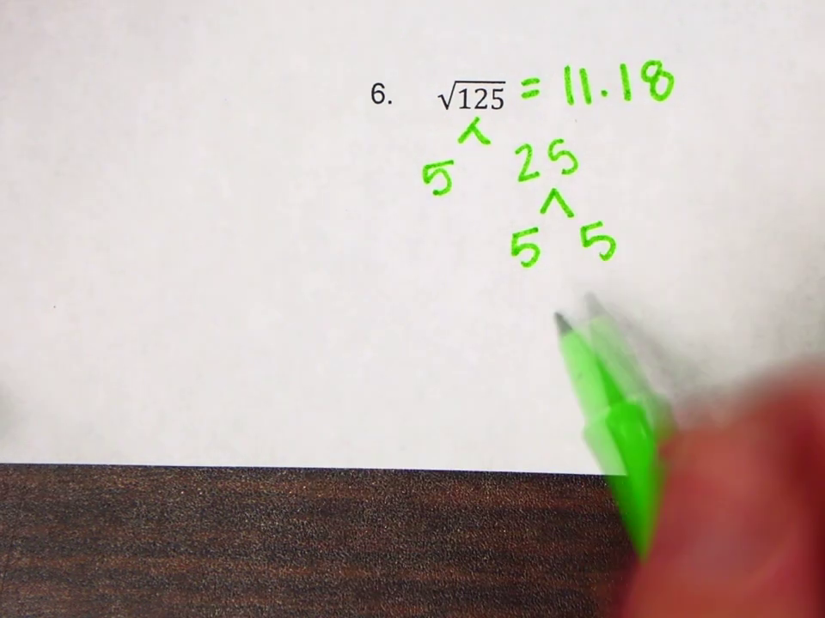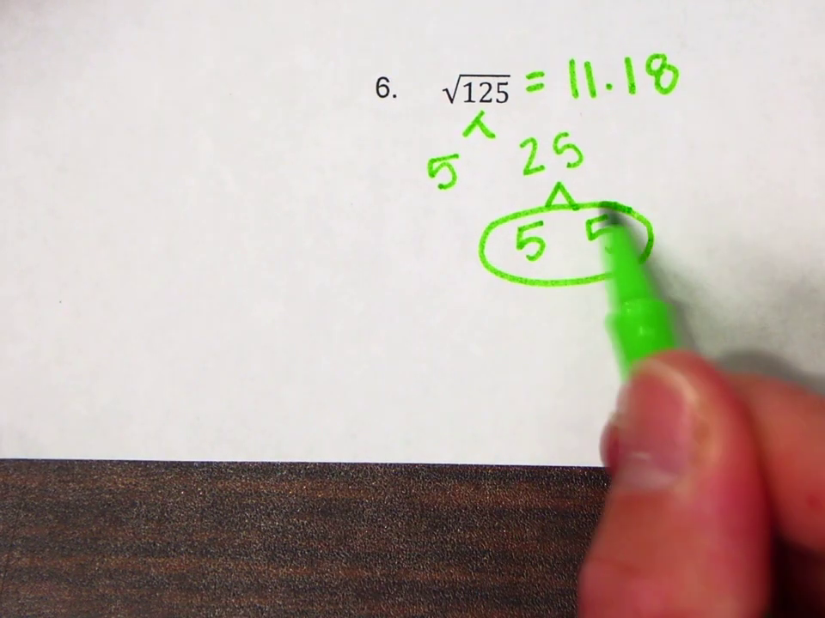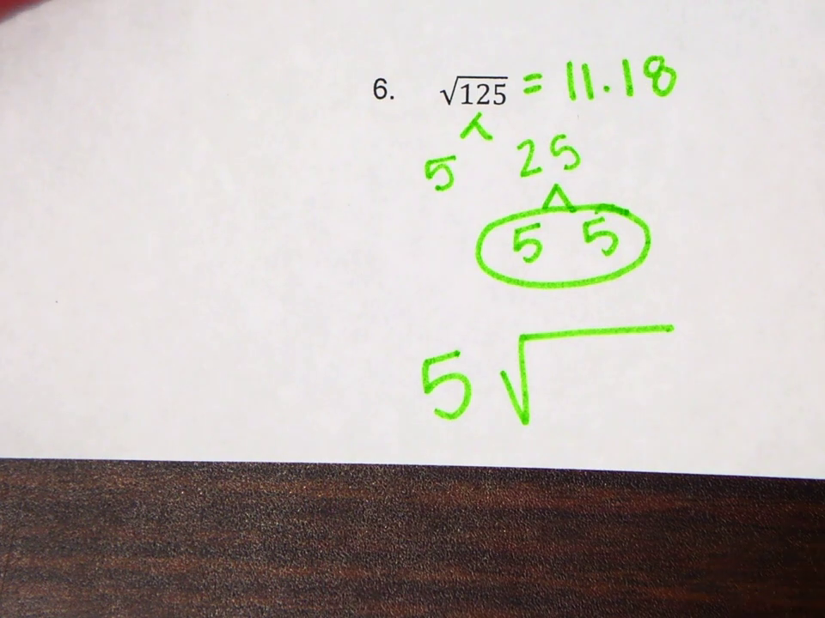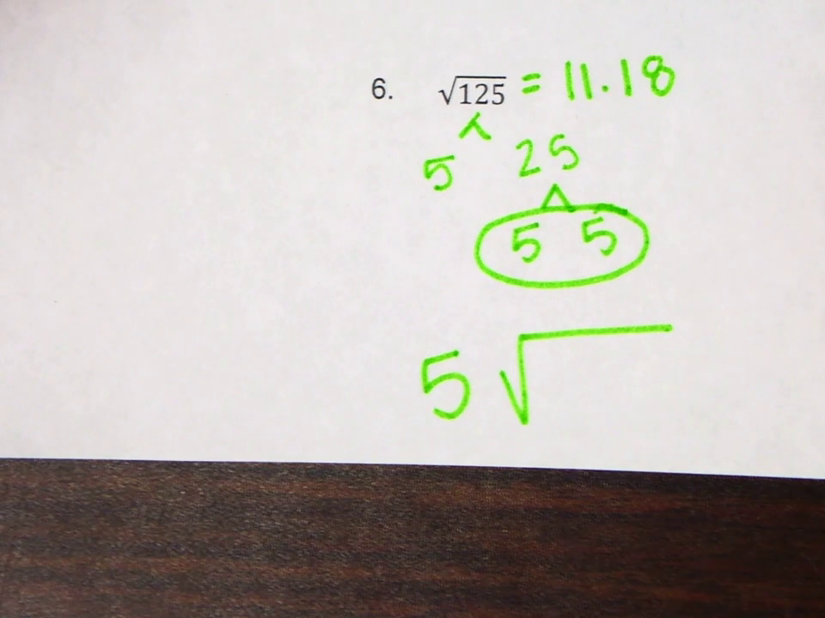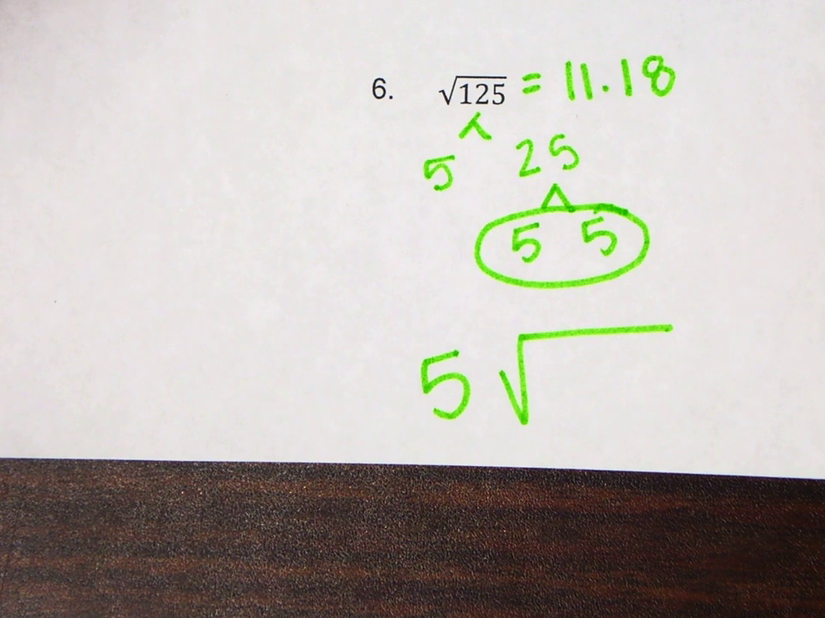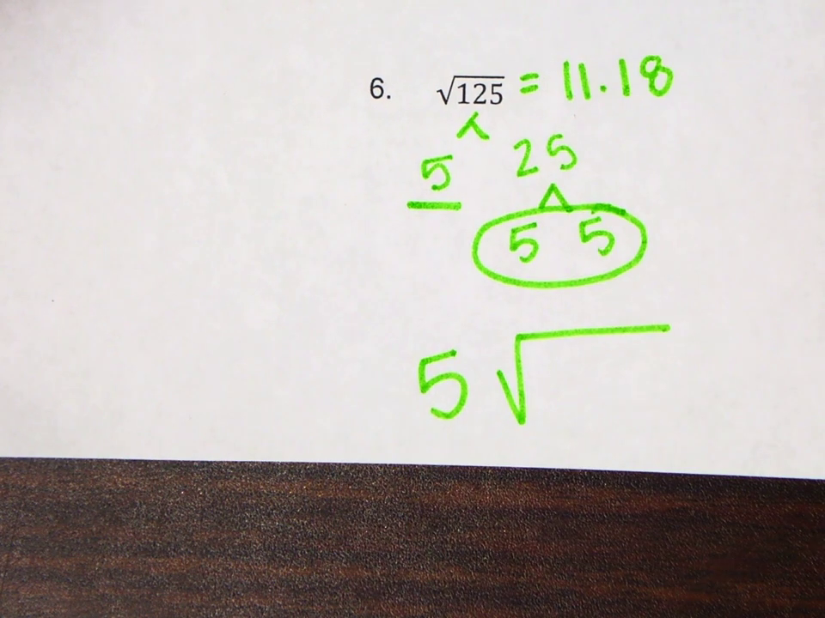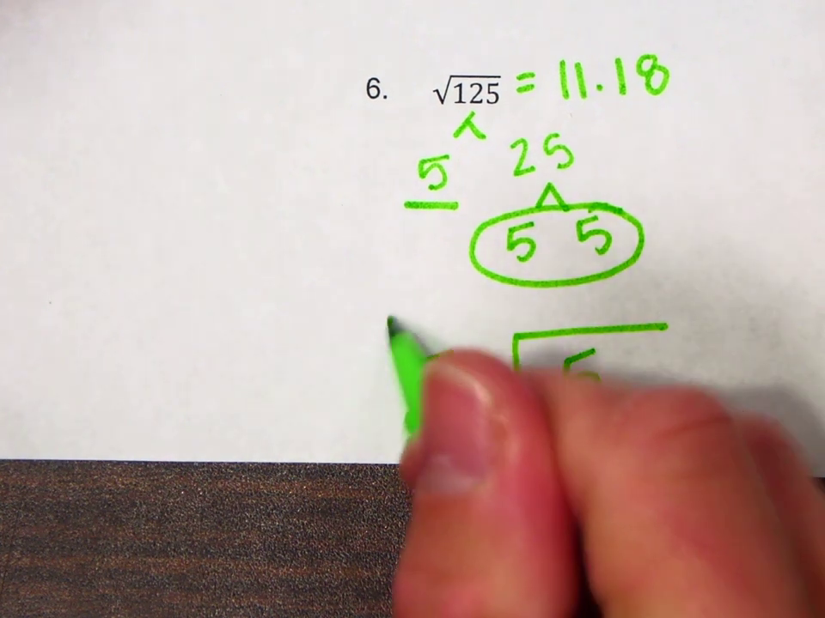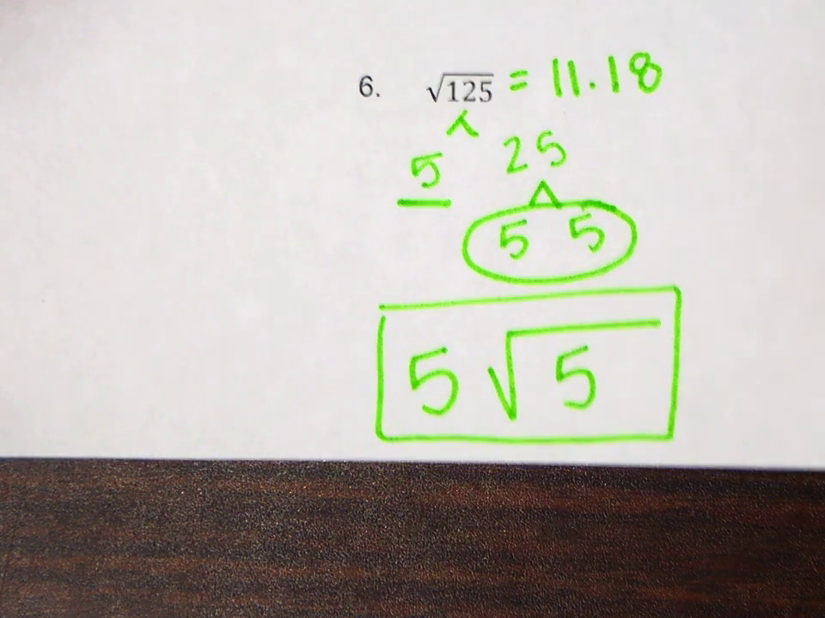Because it's a square root, we're looking for a group. So this group of 5, it's going to go on the outside. They're going to go on a date, but you write it one time. So for every pair that you circle, you write one number. This is your leftover, and it's going to go back on the inside. So this is my final answer. Now let's check and make sure